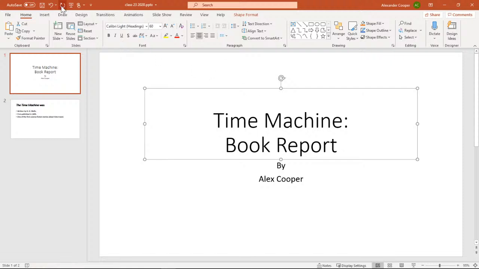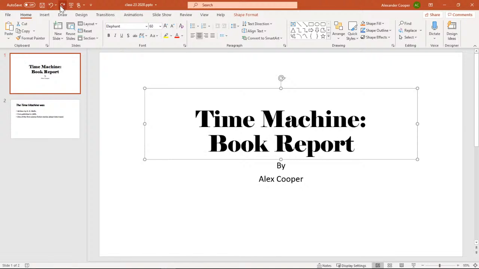I'm going to do redo because I like my... whoop. There we go. What about down here? Here's our bold, of course. Anything that you're unsure of, take your mouse, hover over it, and just like in most of Windows things, it'll pop up and tell you what it is. Do realize some fonts are already bolded, so it will not actually show up as bold. See, it's already bolded. No, I mean, this isn't already bolded, but if those are already bolded. Okay, so I think that looks pretty good.